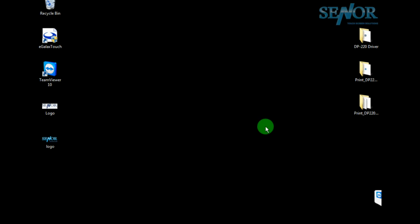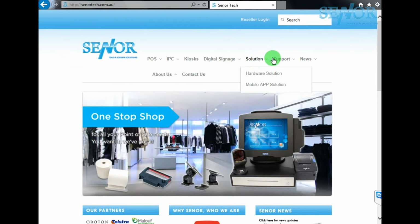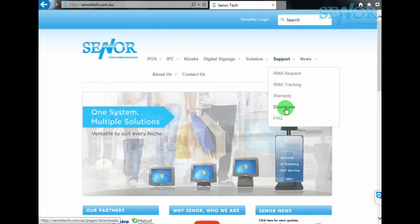Okay, we're going to run through the DP220 matrix printer installation. Okay, first thing we need to do is head to our website, seneltech.com.au, support tab, downloads,